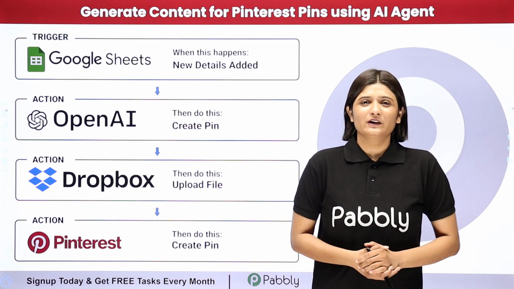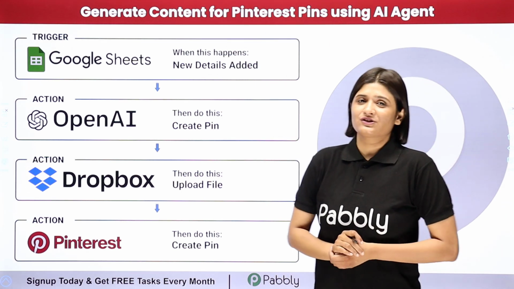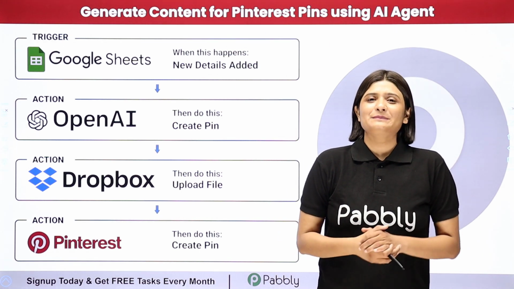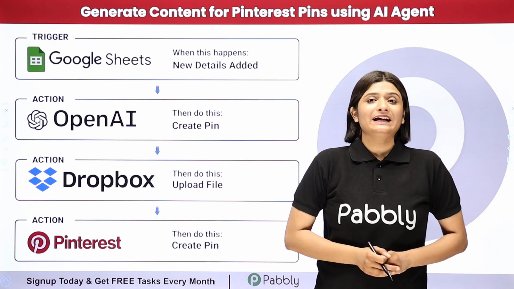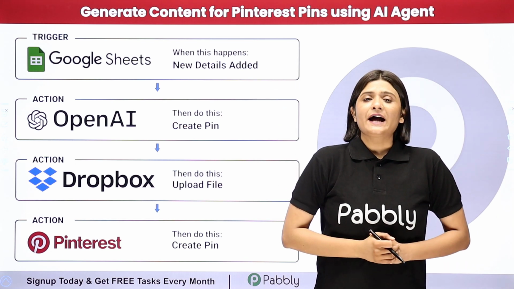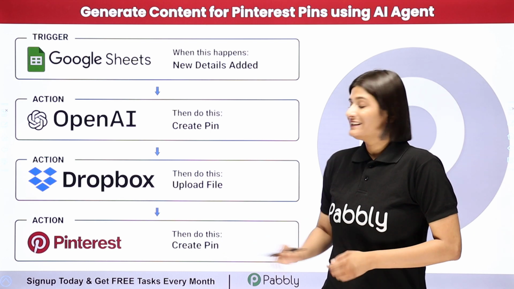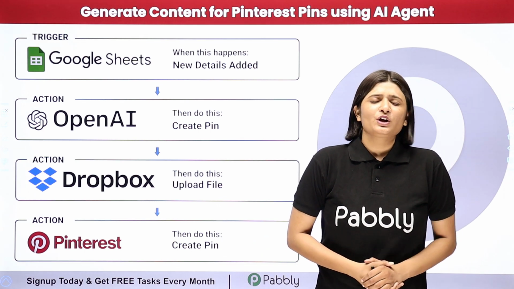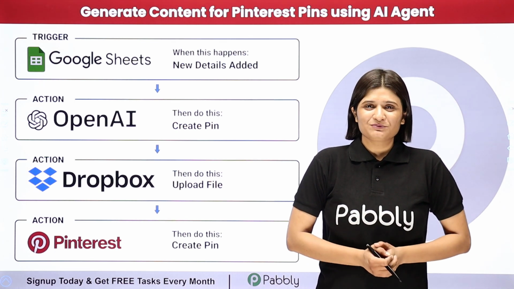In this video, we are going to learn how to generate content for Pinterest pins using AI agent. So let's suppose I'm a social media manager and I'm adding all the details for the pins which I want to create in my Google Sheet spreadsheet. I want to automatically generate these pins, add that to my Dropbox and then create a pin in my Pinterest account. Doing this manually will consume a lot of time, so I'm completely going to automate this process,